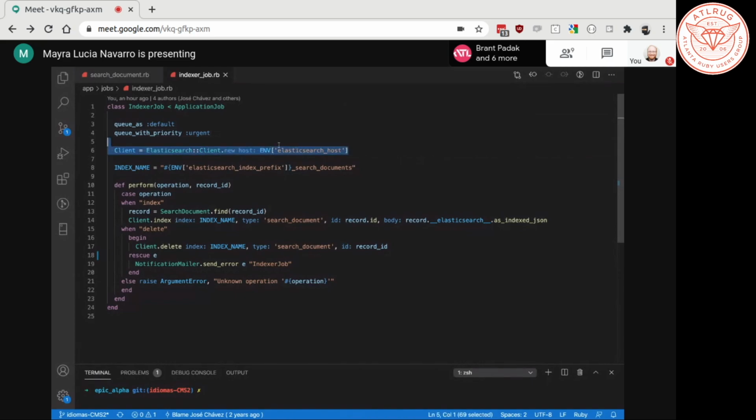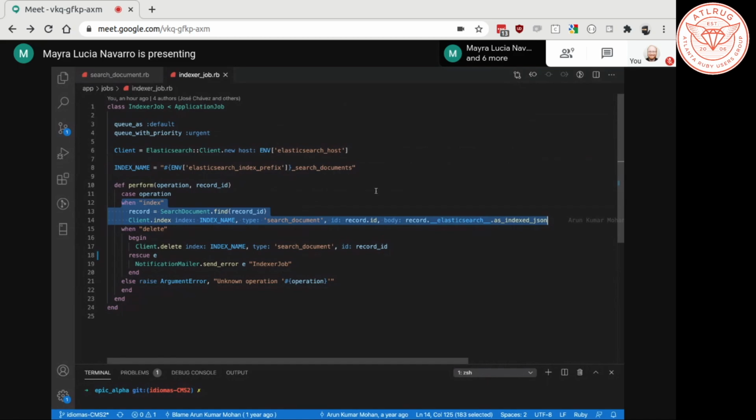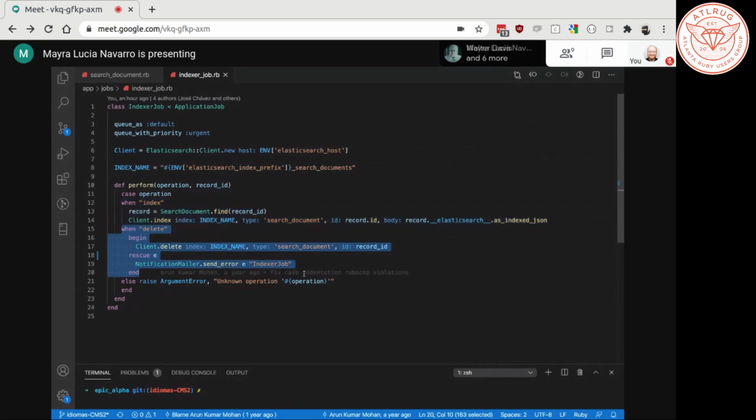We include the host where the data is going to be sent, and the name of the index, that is the database, and how it is performed. When the data is indexed, how it is going to be sent, and when it is going to be deleted, how it is going to be sent. So this is how we decided to implement Elasticsearch in our project.